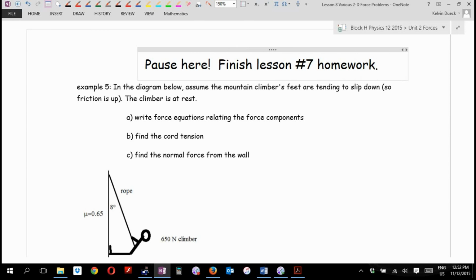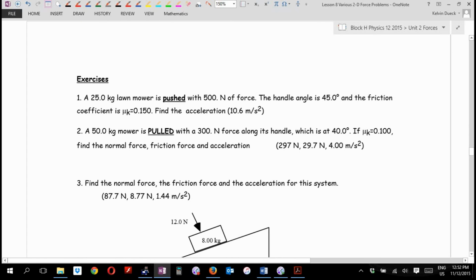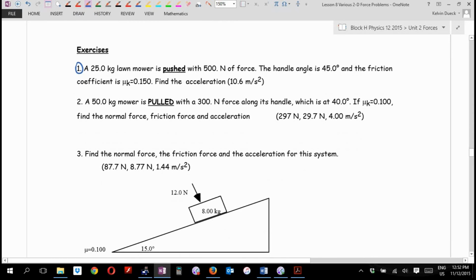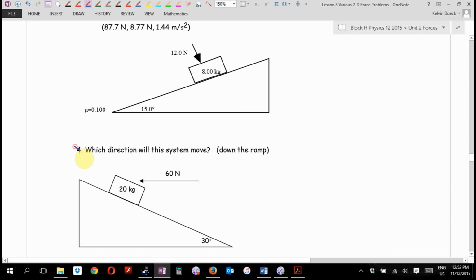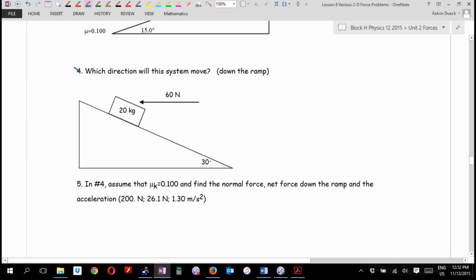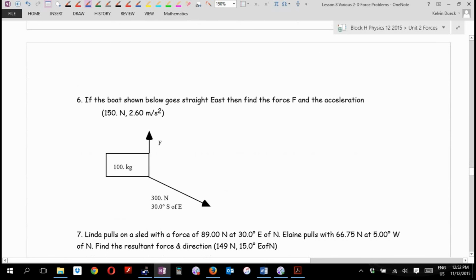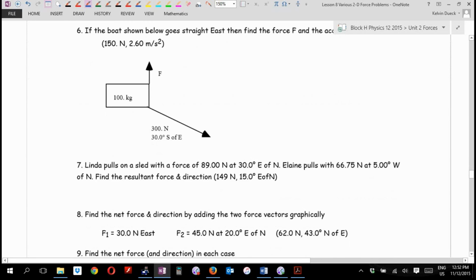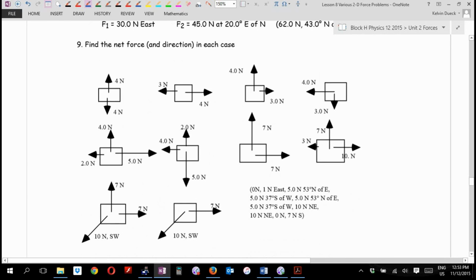But if you want a head start just with what I've done so far, you can do some of these lawnmower questions. Number 1, if you want to get a head start. Number 2. Number 3 is overkill. It's cool, but overkill. Number 4 is overkill. Cool, but overkill. 5, cross out. In fact, I'm going to skip 6. I'm going to skip 7. 8, 9, 10,